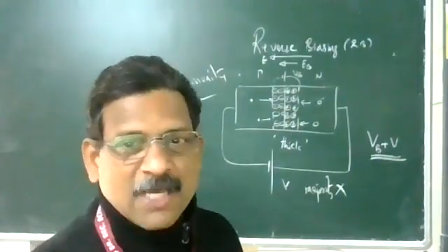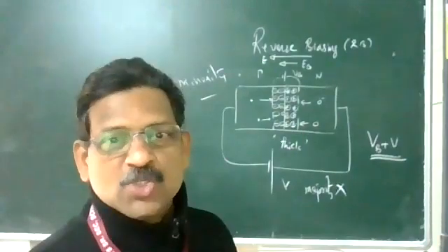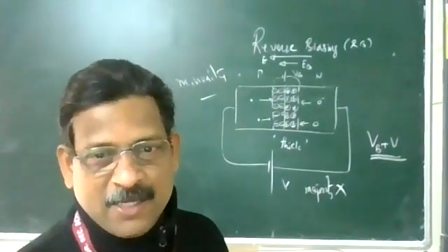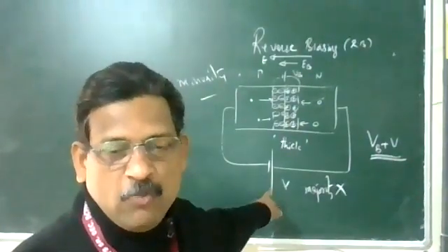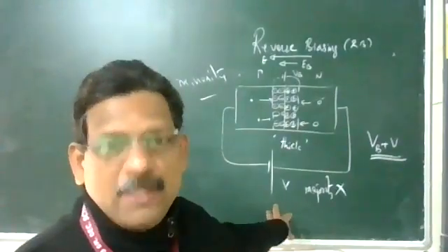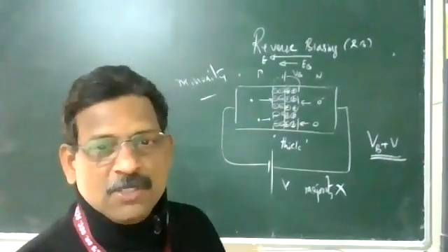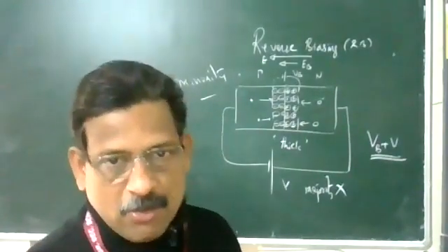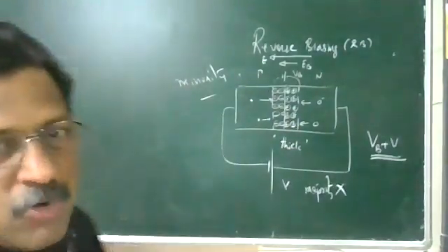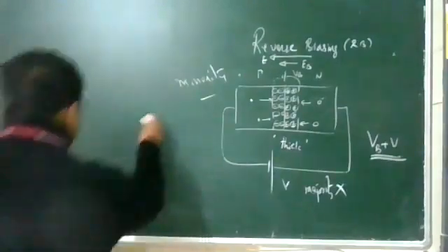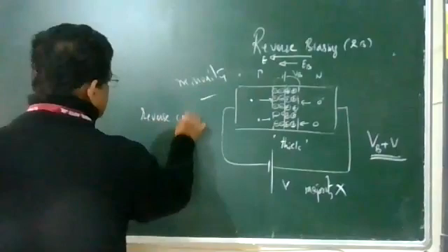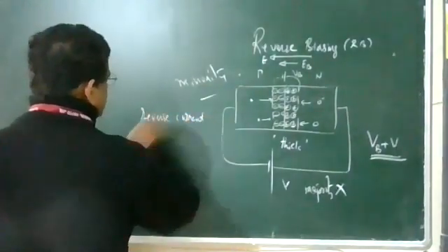But their numbers are very few. The current produced is very small. For that, we have to give a good voltage, we have to put in effort. The voltage we give should be a high value. Okay, the reverse biasing voltage should be high. Under this condition, the majority carriers will not cross the junction, but minority carriers cross the junction, producing some current because they are small in number, and this current is called reverse current. The current in reverse biasing is called reverse current.